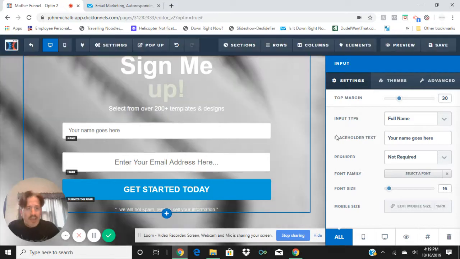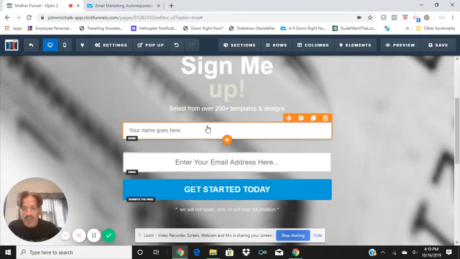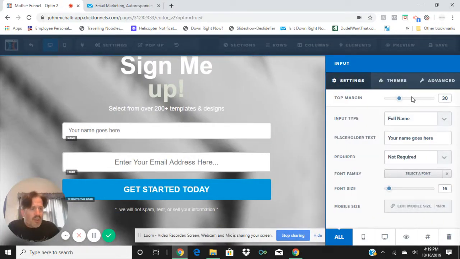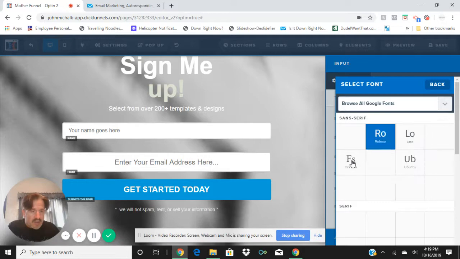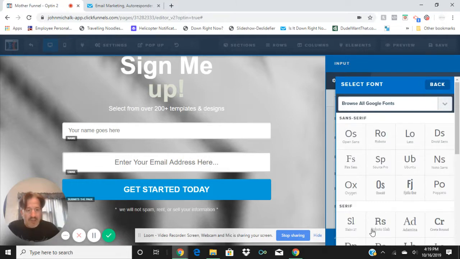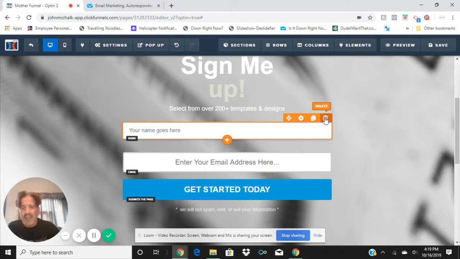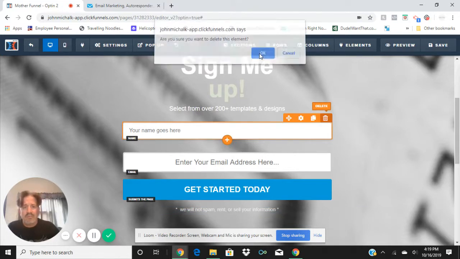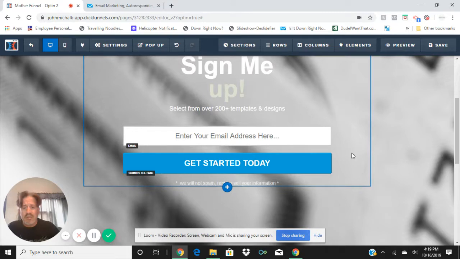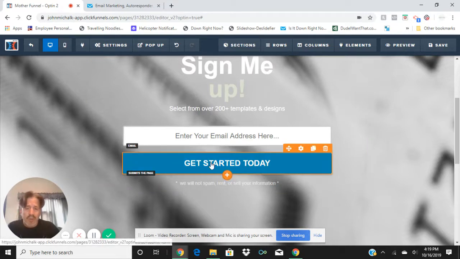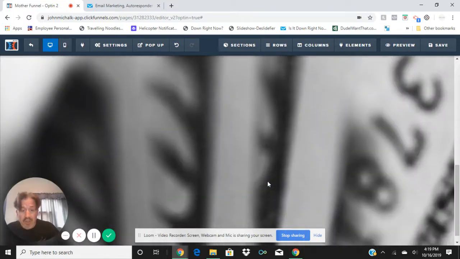Okay, and let's see here. So the way that is, we want to make sure that we get that set up. So you can change out the font and all that fun stuff. And if you don't like that, you can go ahead and hit that delete button and it goes right away. Disappears, no longer there. Now the important thing that we also need to make sure that we do is, after changing out all of the information in here, also